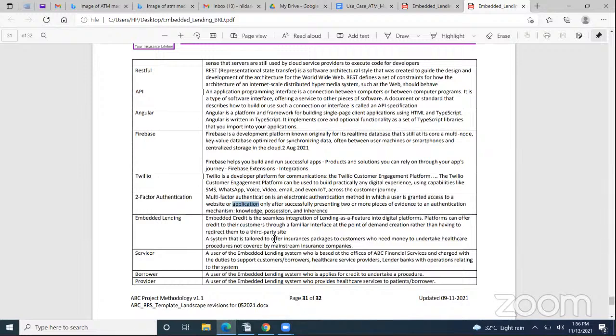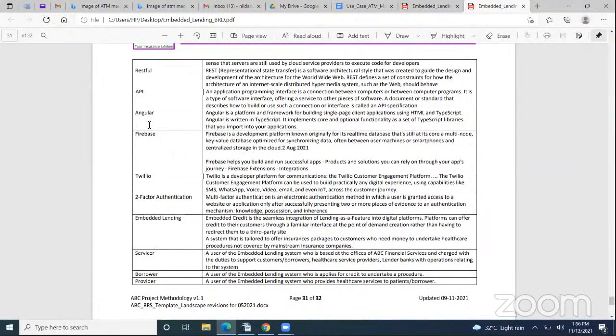Now, a system that is tailored to offer insurance packages to customers who need money to undertake healthcare procedures not covered by a mainstream insurance company. So that's an example of embedded lending here, as practiced or operated by ABC Financial Service.